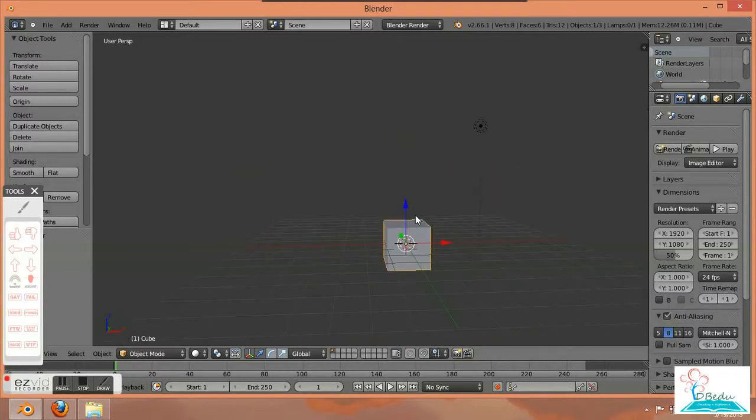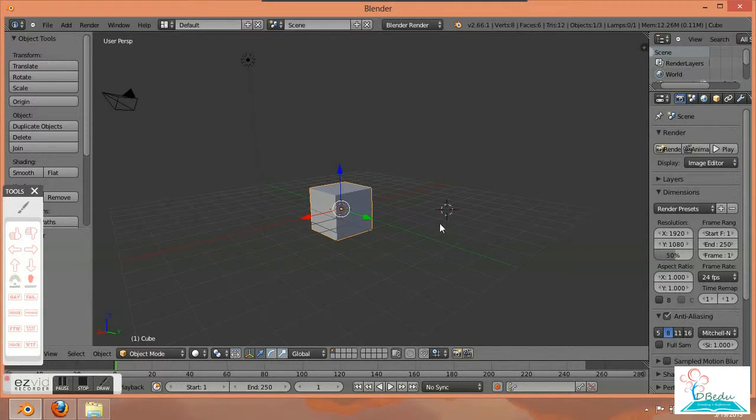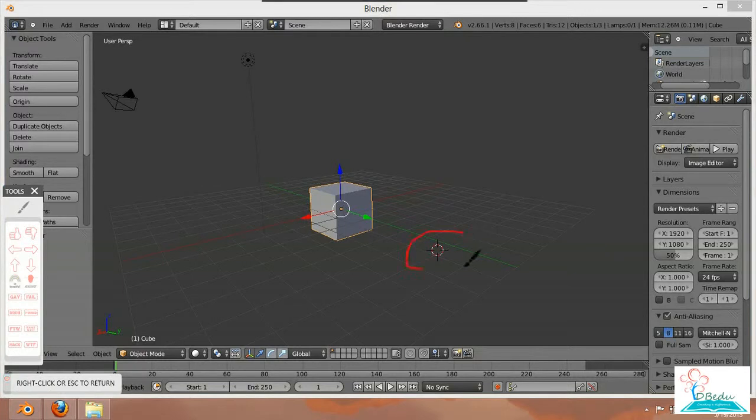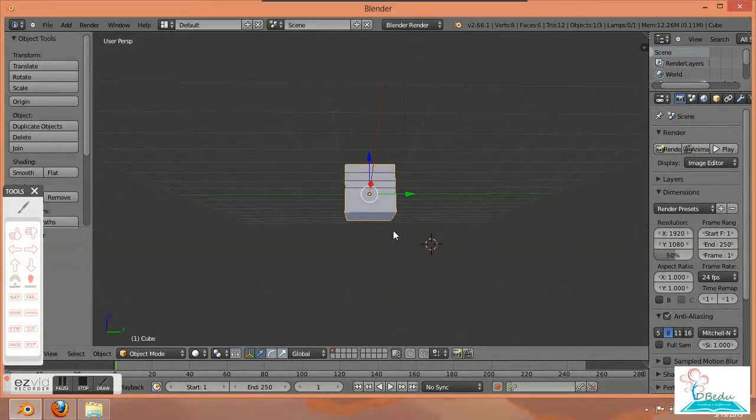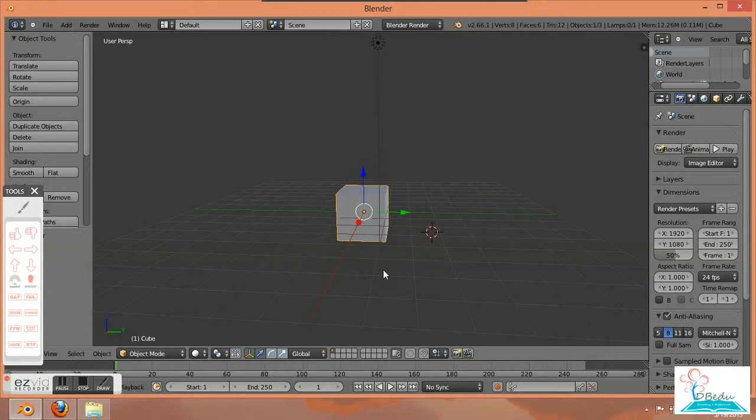When any object is selected, it will have yellow boundaries, and when you left click anywhere, the origin will move along with your cursor wherever you click the left button of your mouse. This one is the origin I'm talking about. If you want this origin to be shifted back to its original place, then press Shift along with C to move it back to its original place, that is right here at the center. Okay,